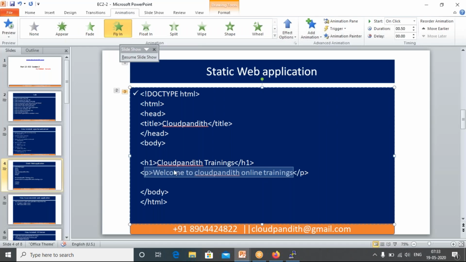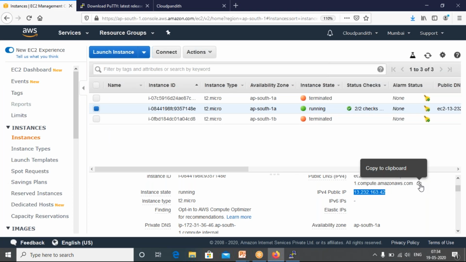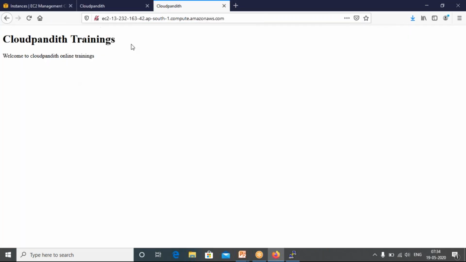So you will have different headers, right? H1, H2, H3, H4, H5, H6, something like that. So if you want to take something, the web application that you can deploy, you can create as per your requirement, friends. But ultimately, if you have a static web application, this is how you are going to deploy it, and you can access it through the IP address. Not only through the IP address, you can also use the DNS name to access the web application. Okay, let me show you that. Put it here, enter. Okay, so this is how you are going to access it, friends.